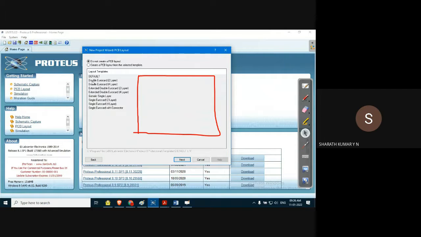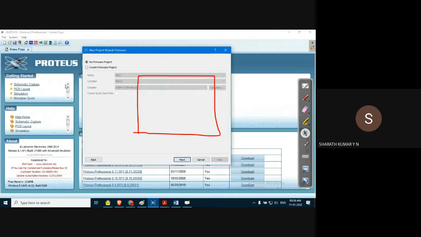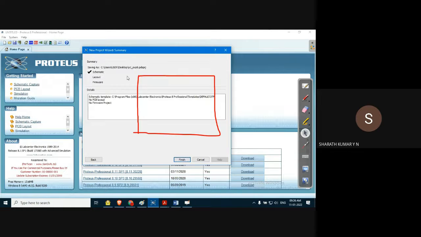Now we are not planning to create any PCB model, so click on do not create PCB. Next is no firmware project. We are not converting into firmware because firmware comes when we burn into memory. We are doing this at the simulation and schematic level. Click next. It will give the summary: we have selected schematic, the default module and the theme size.